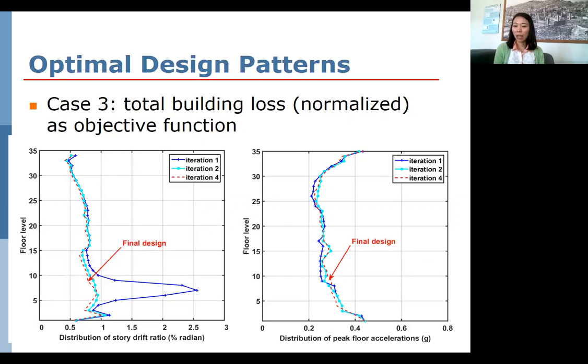Now let's take a look at the overall structural responses at the selected iteration points. In this figure, I'm showing you the median response of the drift ratio for iteration points 1, 2, and 4. So clearly, the first design starts with some damping that is relatively low, so there's still a large drift in the story from 5 to 10. And after the first update, the concentrated drift in this region is essentially eliminated, but the maximum drift goes to